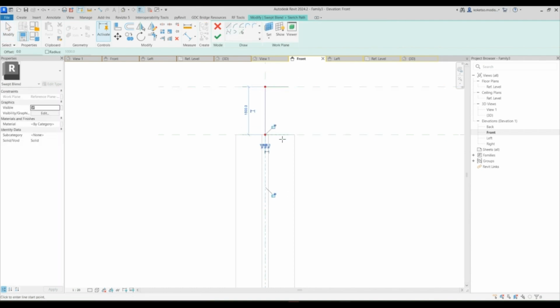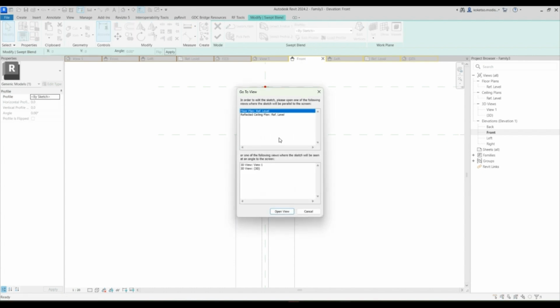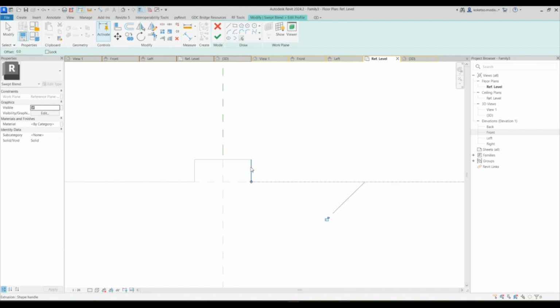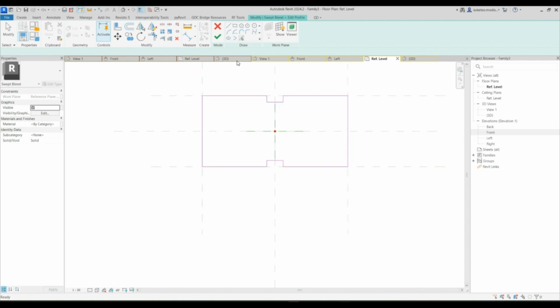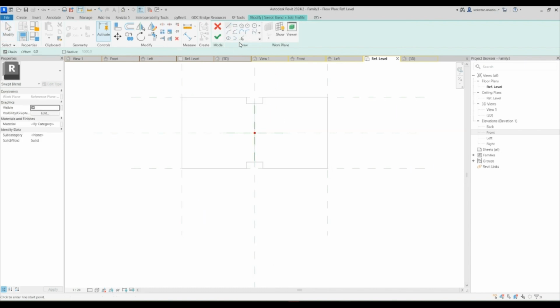You're going to place it like that. Profile 1, profile 2. Finish edit mode, select profile, edit profile. Go to the floor plan or the reference plan. Select pick lines. You're going to pick the entire thing as your reference. Finish edit mode, profile 2, edit profile, and what you're going to do is you're going to still